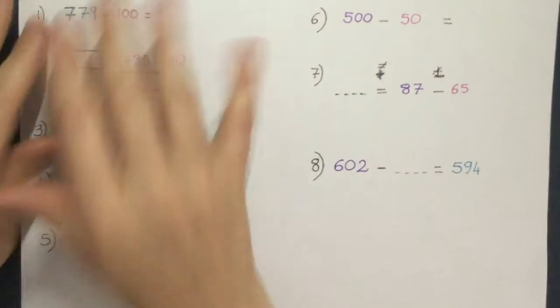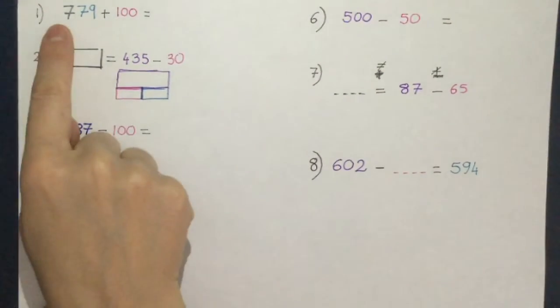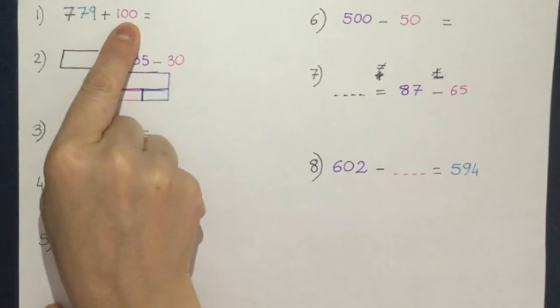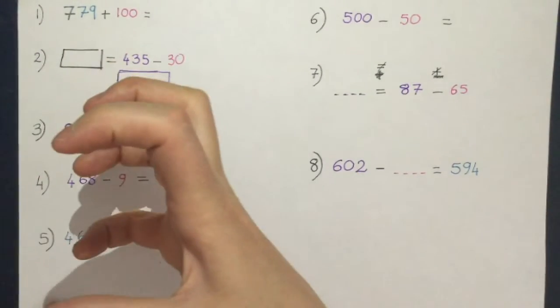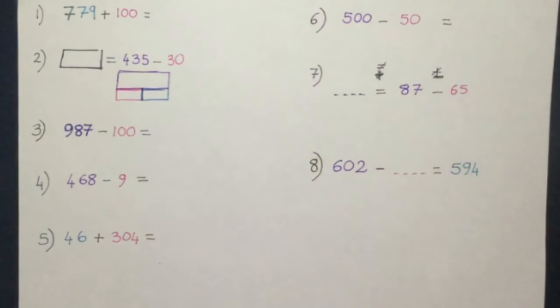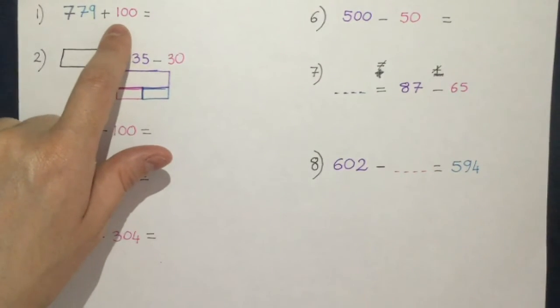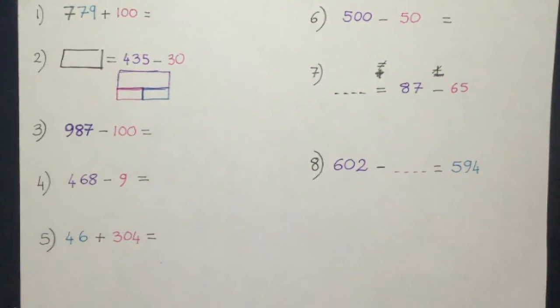Right, so let's start with 779 plus 100. Straight away, as I see a multiple of 10 here, I think about place value. So let's form this. My place value, let's see it with these